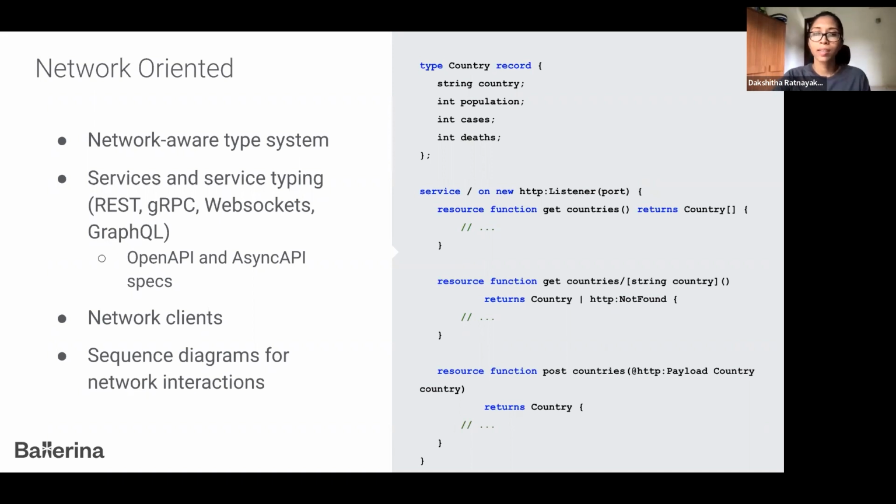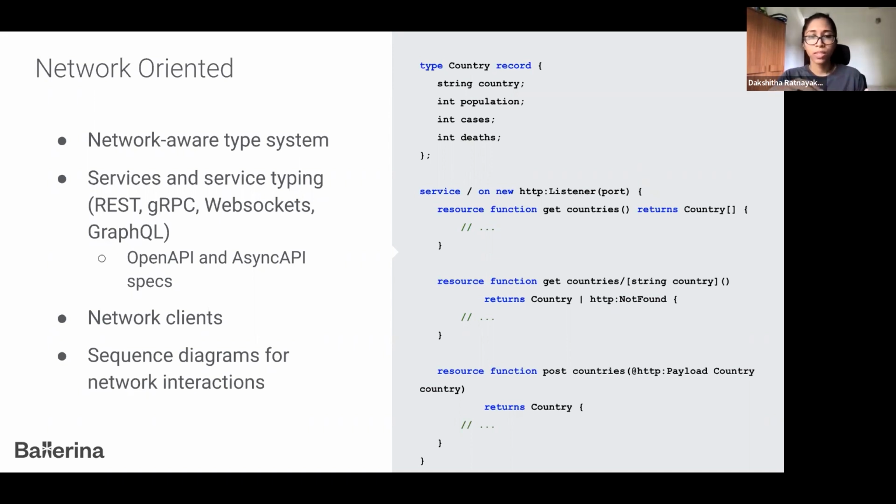And because Ballerina's service approach is coupled with its unique wire-oriented type system, you can generate an interface description from the Ballerina code. So this can be an OpenAPI spec, an AsyncAPI specification, or a GraphQL specification. So you can actually write regular Ballerina service objects and generate your client code.